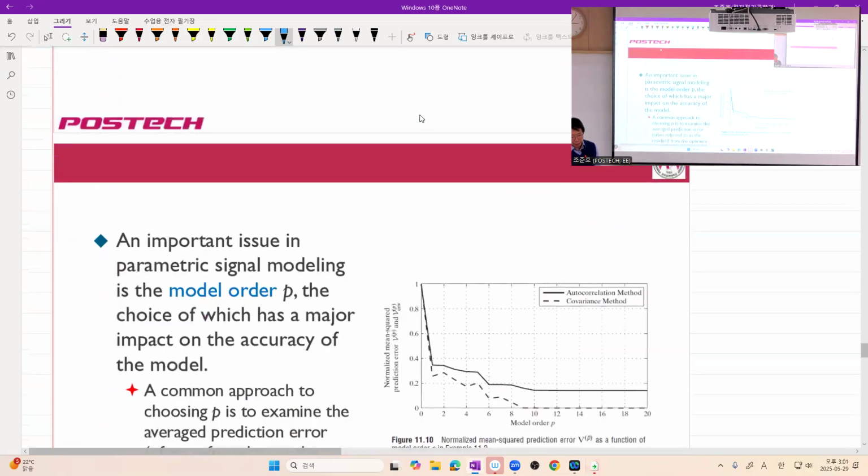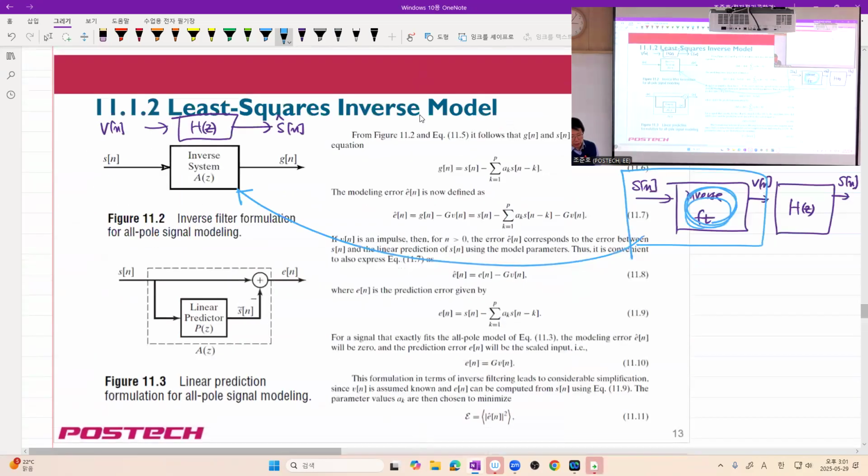By the way, here goes the model again. So again, let me tell you. H of Z can be chosen as an all-pole system, all-zero system, or general rational transfer function. However, people have found that the all-pole model gives us a very good solution method. This sounds very similar to a lot of